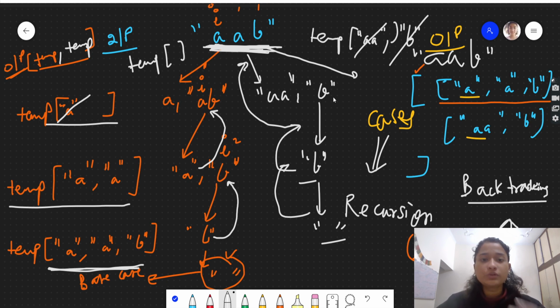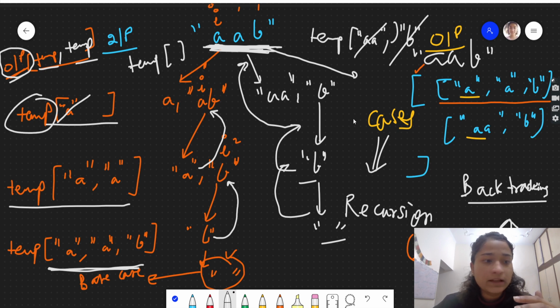So I hope you understood what we are doing. This is not the complete tree. You can make the complete tree, and once you make a complete tree you will understand how it's working. And if you have any doubt about how this is working and how recursion is working, please let me know in the comments. So in this way, this is the output array, the main array, and these are the temp arrays. These are the smaller arrays which have the palindromic partitioning of the string.